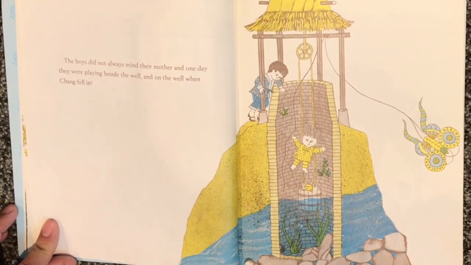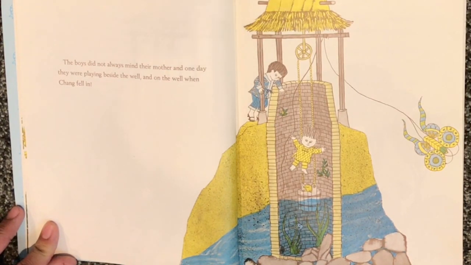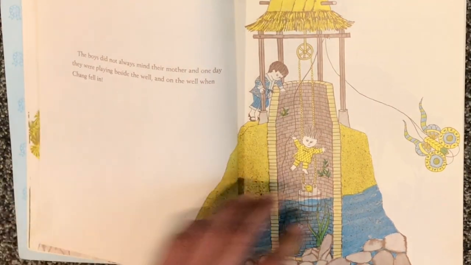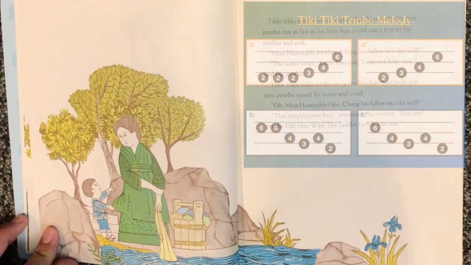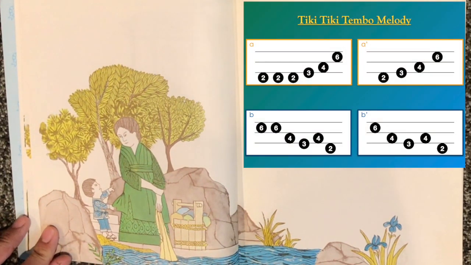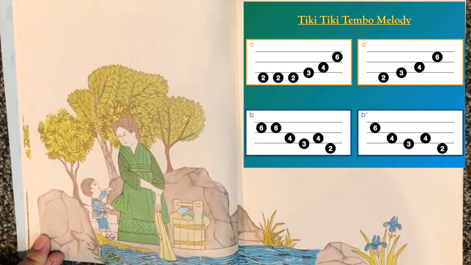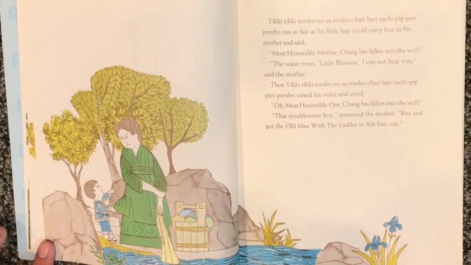The boys did not always mind their mother, and one day they were playing beside the well and on the well when Chang fell in. Tiki Tiki Tembo, no Sarembo, Chari Bari Ruchi Pip Perry Pembo ran as fast as his little legs could carry him to his mother